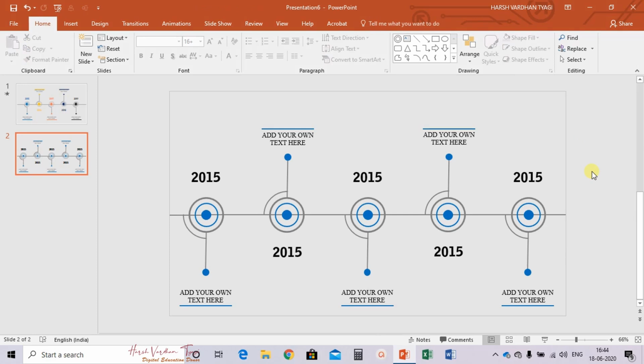Fine. So this much is clear to everyone. I hope this much is clear how you have to design this particular timeline effect.